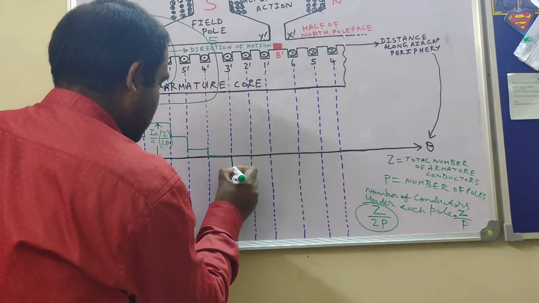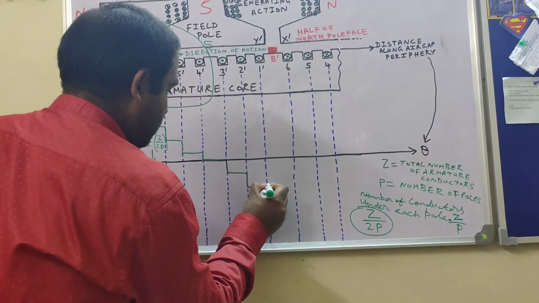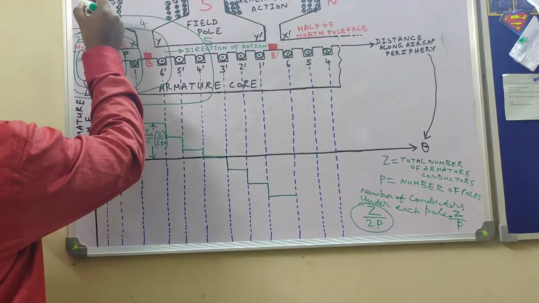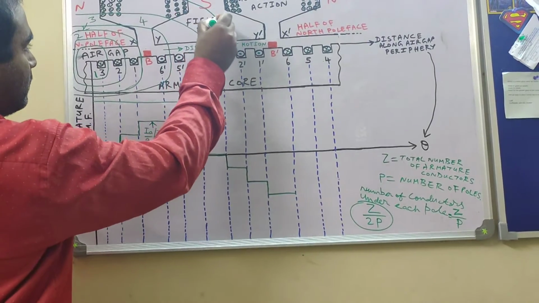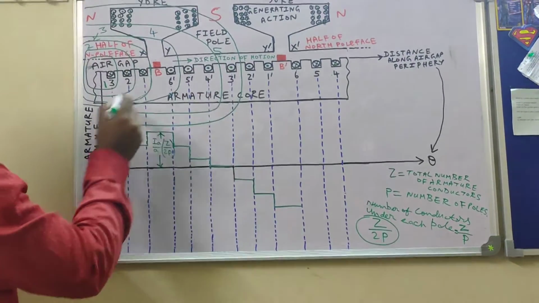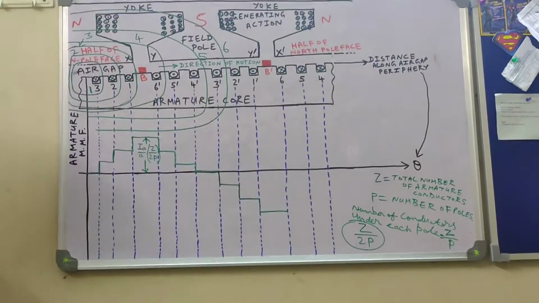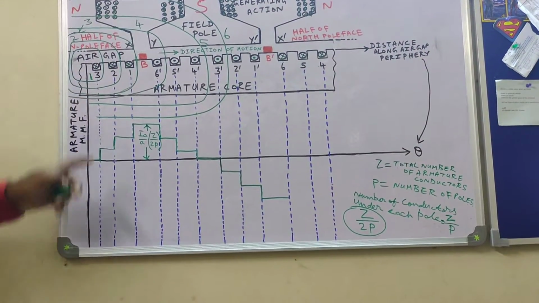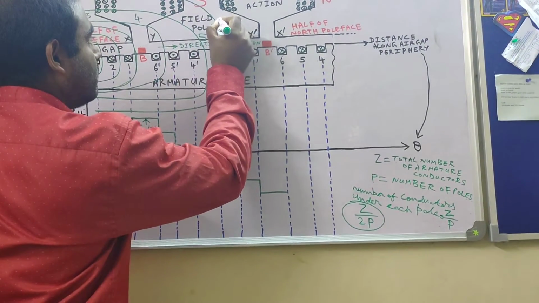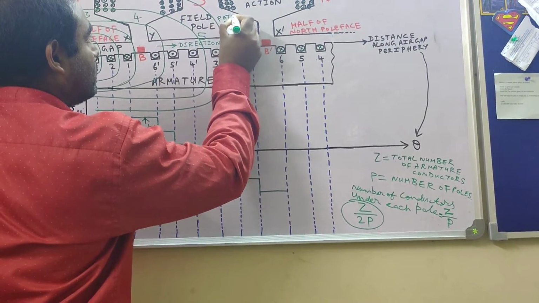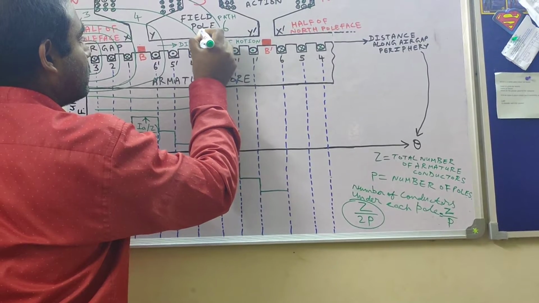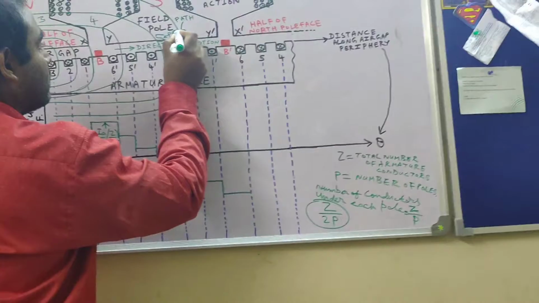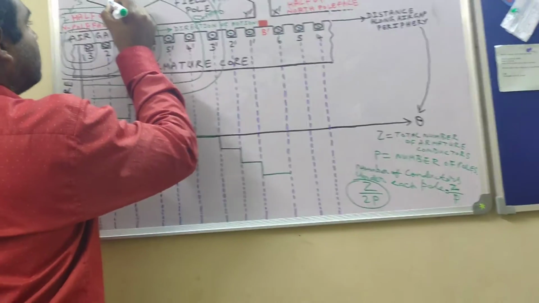Likewise, in a similar way, you will find that in path number 6, let me draw it. In path number 6, what is happening? This is path, this is path, this is also path, this is also path.